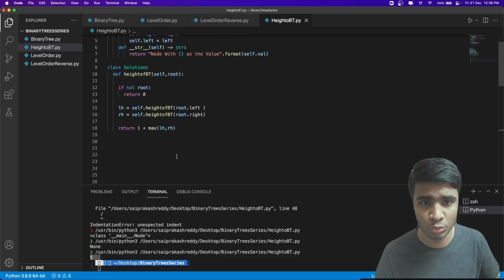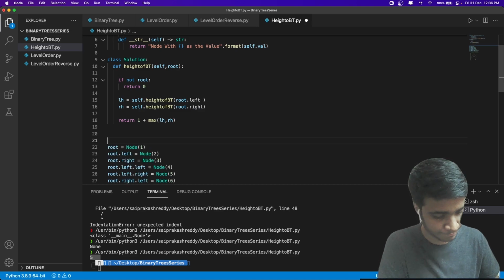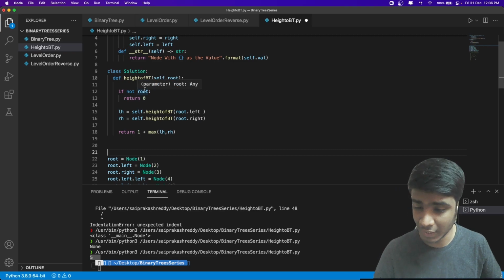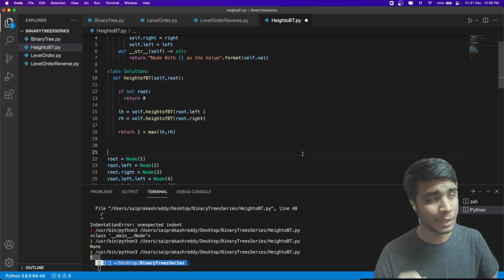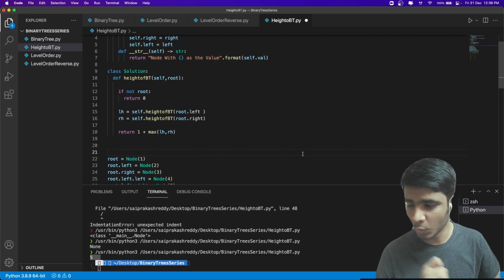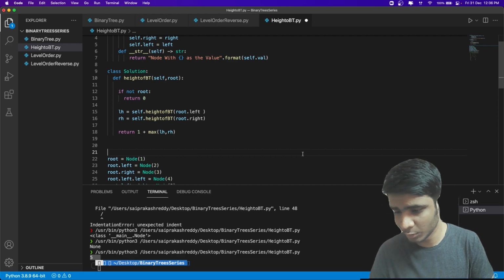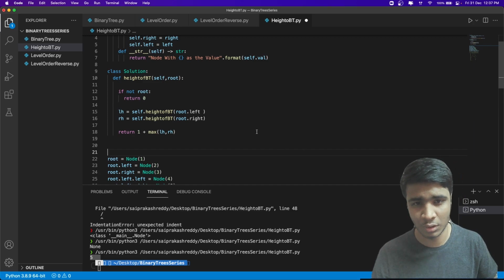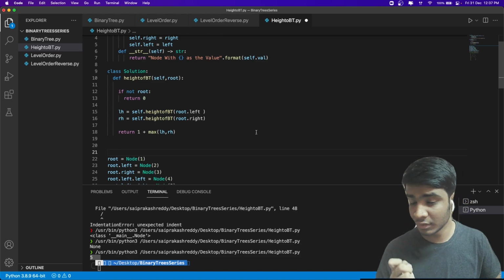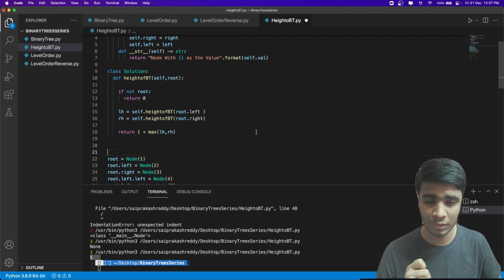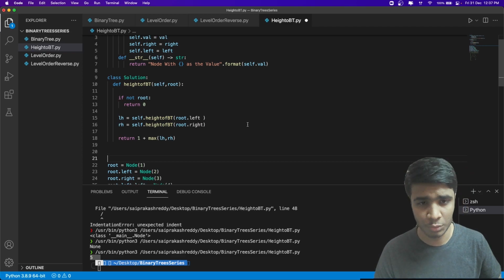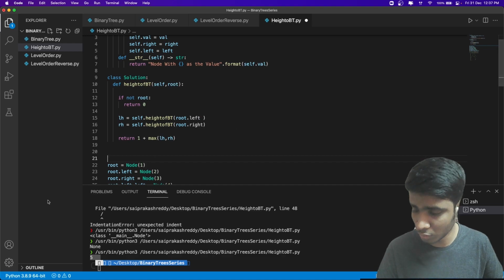So that's how you solve height of a binary tree, and I encourage you to understand this in and out, because there are many problems where you require to find the height of a tree, and you want to do it very quickly, right? So in those cases, you can use this function. Simply call it on left and right, and return the maximum of that. And this is the wonderful concept of trees, right? You will be seeing me use this in next questions as well. Again, if you understood this, let's move on to the next question.